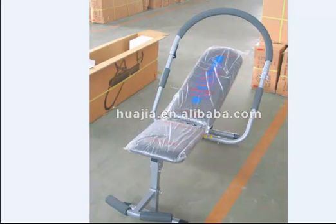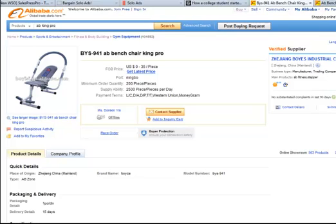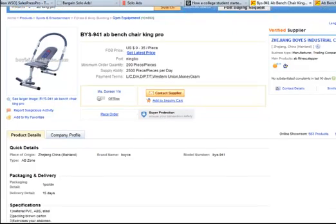So I knew this. So what I did was I imported a product that was very similar or pretty much identical, but the issue I came across was I couldn't use the brand name. Obviously I couldn't use Ab King Pro because otherwise I'd get sued. So I found a supplier in China that would sell this to me, but I would rebrand it,